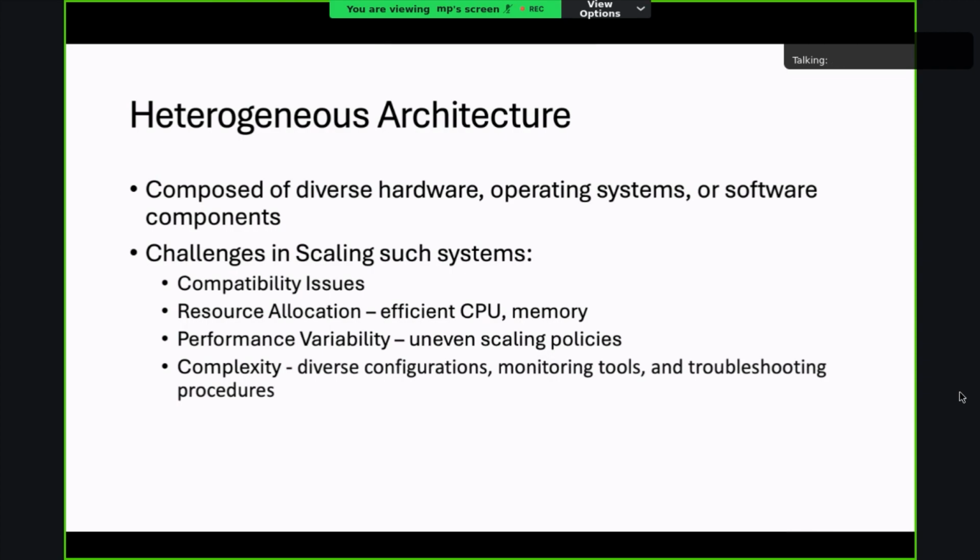In that case, resource allocation and checking for efficient CPU and memory utilization becomes really crucial to identify bottlenecks, and to check how each component and the service support all these things.